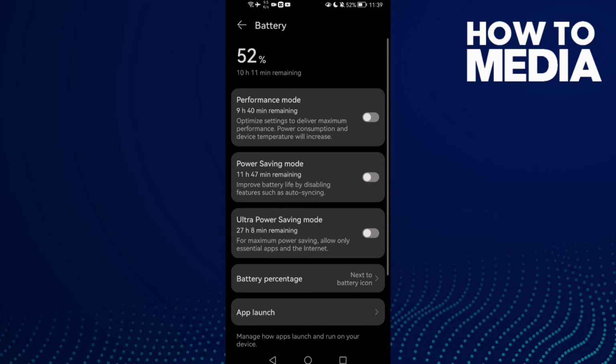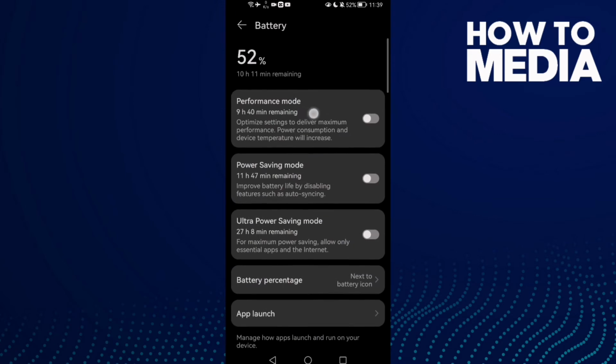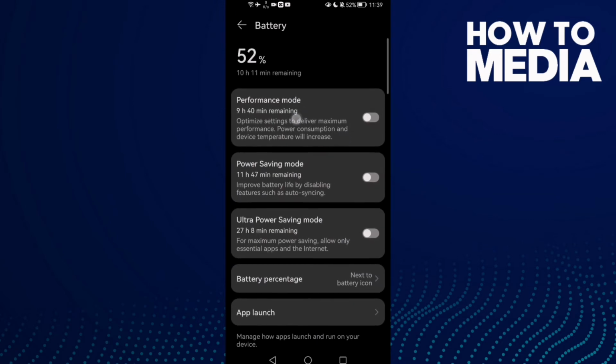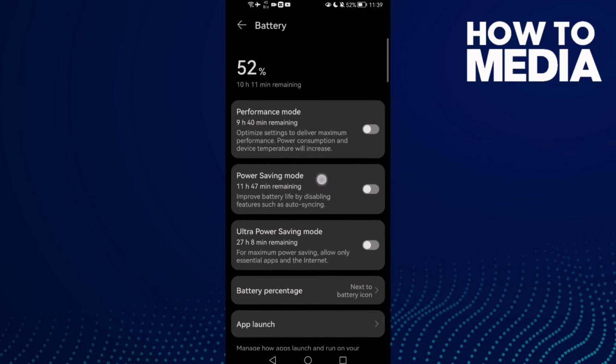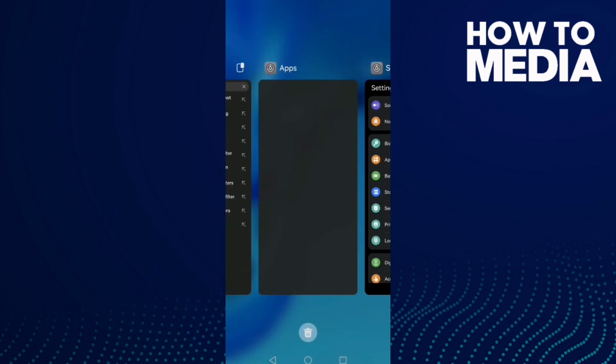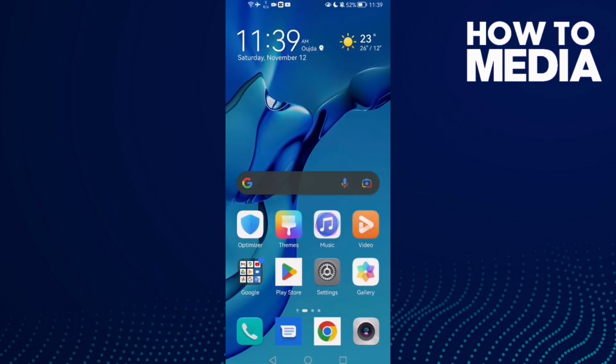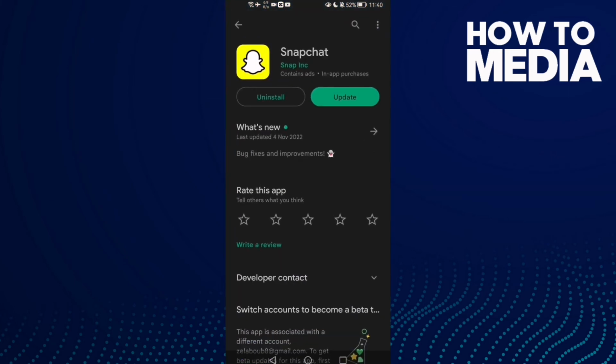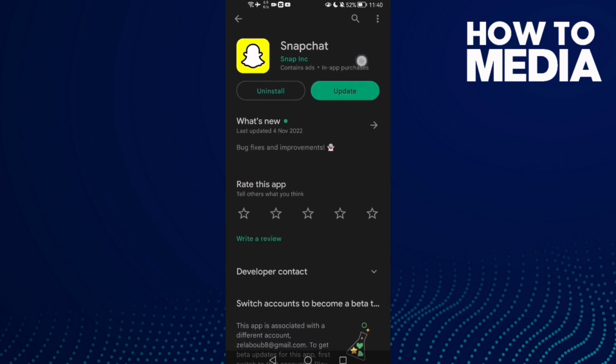battery, and then enable performance mode if you find it here, or you can just disable power saving mode. And now just close all applications in the background and then go back, try again, and if that doesn't fix your problems, just restart your phone and try again, and then go to Play Store and update Snapchat if you